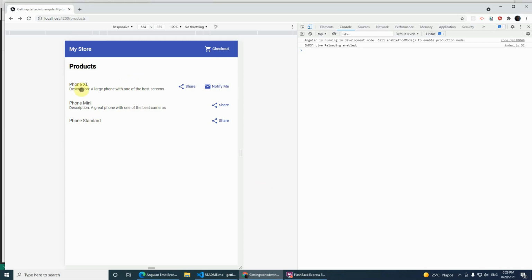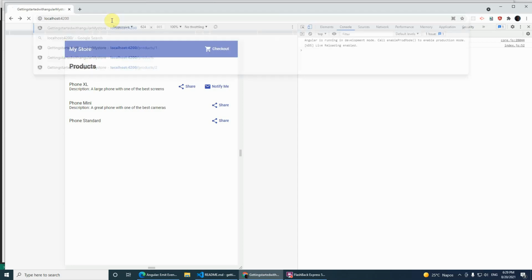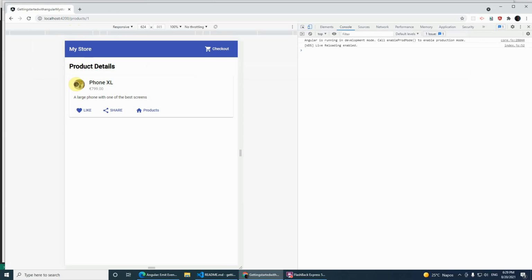As defined here, when you click any of this is the home direction, so that is when you open the application, it automatically redirects to the products page, and then here you can click any of the products and then it opens the details page, where I used